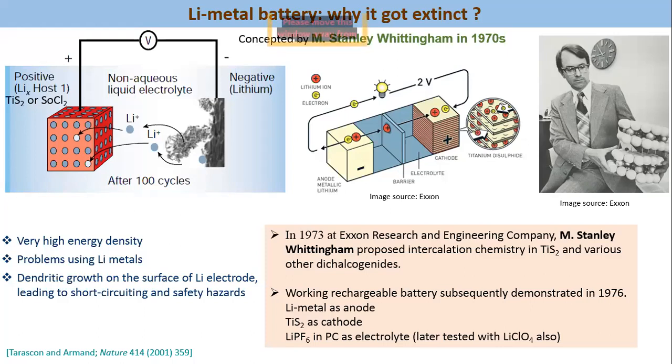In the lithium metal battery, at the anode side, lithium metal was used. This concept was proposed, as I already told, by Professor Whittingham. He cycled titanium disulfide against lithium metal, and he found that over repeated cycling, a spongy microstructure developed on the surface of the lithium metal. These spongy and needle kind of microstructures are called lithium dendrites. With the growth of these dendrites to the cathode, they short circuit the battery and create a lot of safety issues.